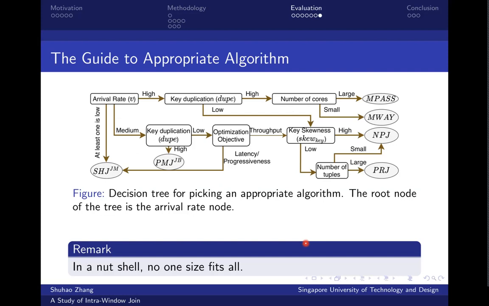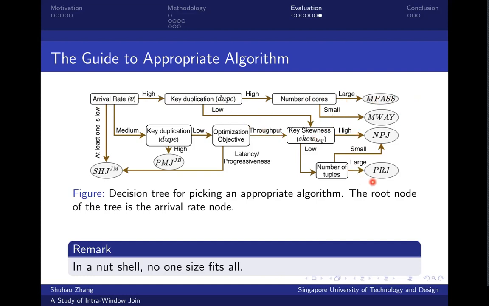We summarize the main findings of all our analyses in a decision tree. It can guide users to select appropriate algorithms. In a nutshell, no one size fits all. First, we recommend lazy algorithms when arrival rates are high. When key duplication is also high, sorting-based lazy algorithms are better options. And multi-pass scales even better with the number of cores. When key duplication is low,